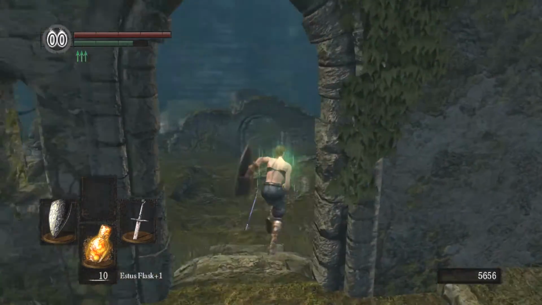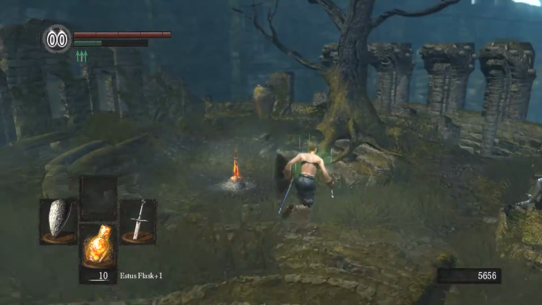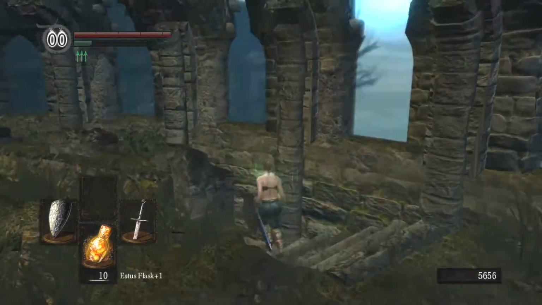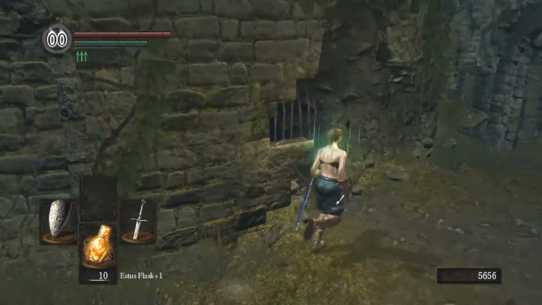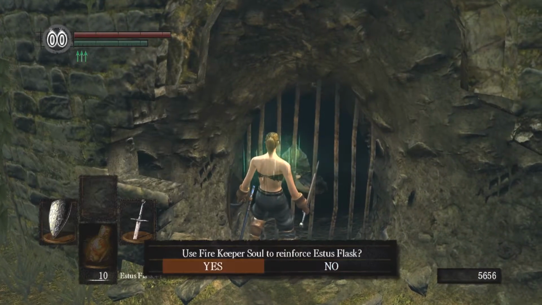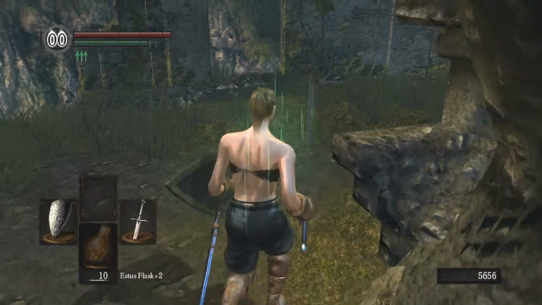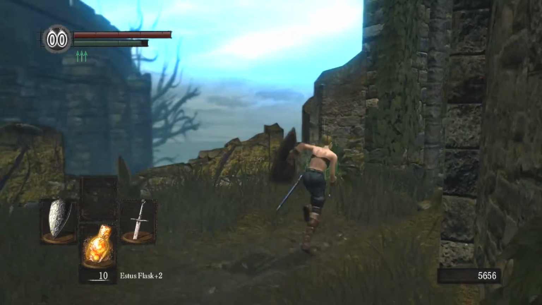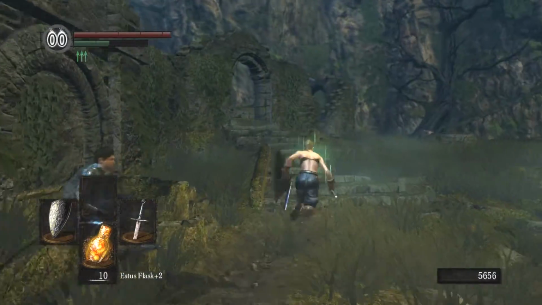I grabbed another Firekeeper soul last time, so we're going to hand that into the Firekeeper at Firelink Shrine. And then, with an Estus Flask at +2, we are pretty well set for the upcoming fight, but there's actually a few